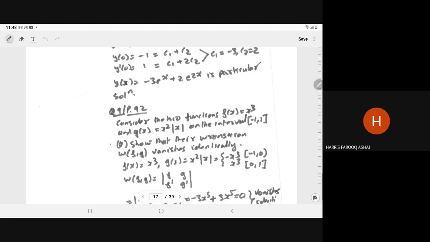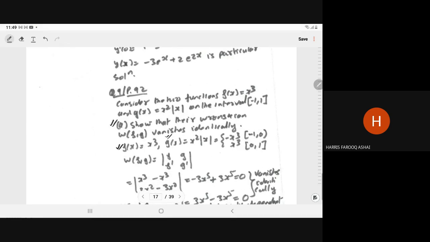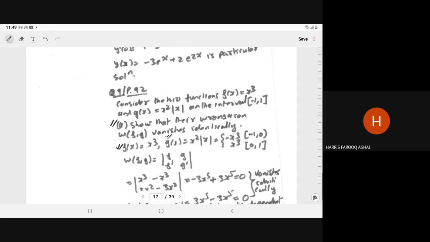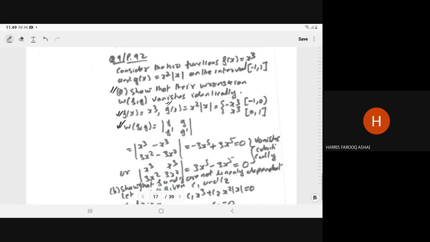First we have to show that their Wronskian is 0. So we assume f(x) = x³, g(x) = x²|x|. So x²|x| can be written as -x³ in the interval -1 to 0 and is equal to x³ in the interval 0 to 1. So when we compute W = f g f' g', this will become x³ times (-x³) minus... 3x² minus 3x². So it will give you 0, vanishes identically,